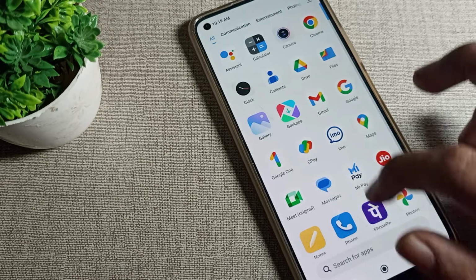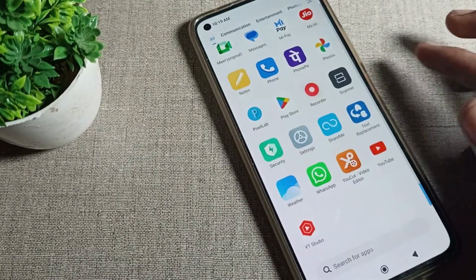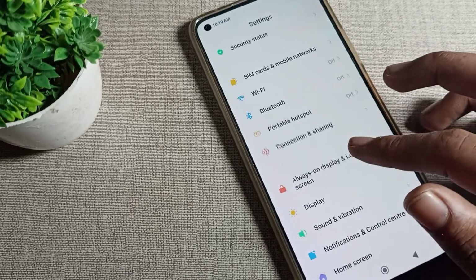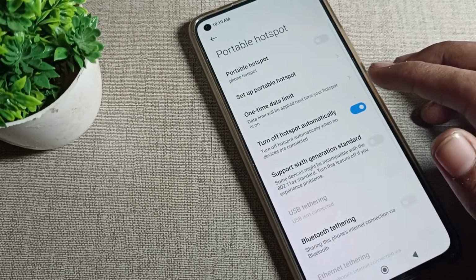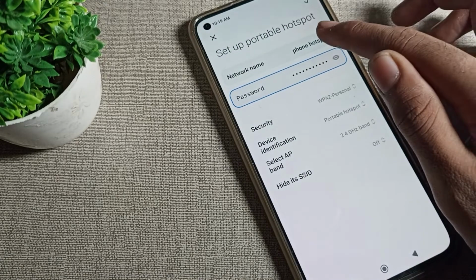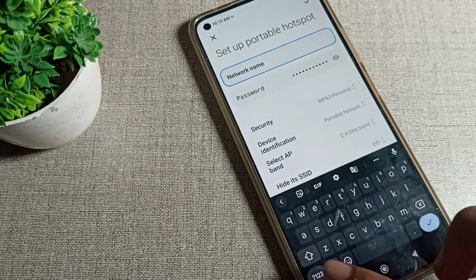So friends, now let's see how we can rename our hotspot device name. First of all, we will open our phone settings. After opening settings, scroll down, then click on your hotspot setting and tap here. Let's click on set up portable hotspot, then hotspot settings. Then click on your device name and then we will cut the device name. Now the device name, we will change into mobile